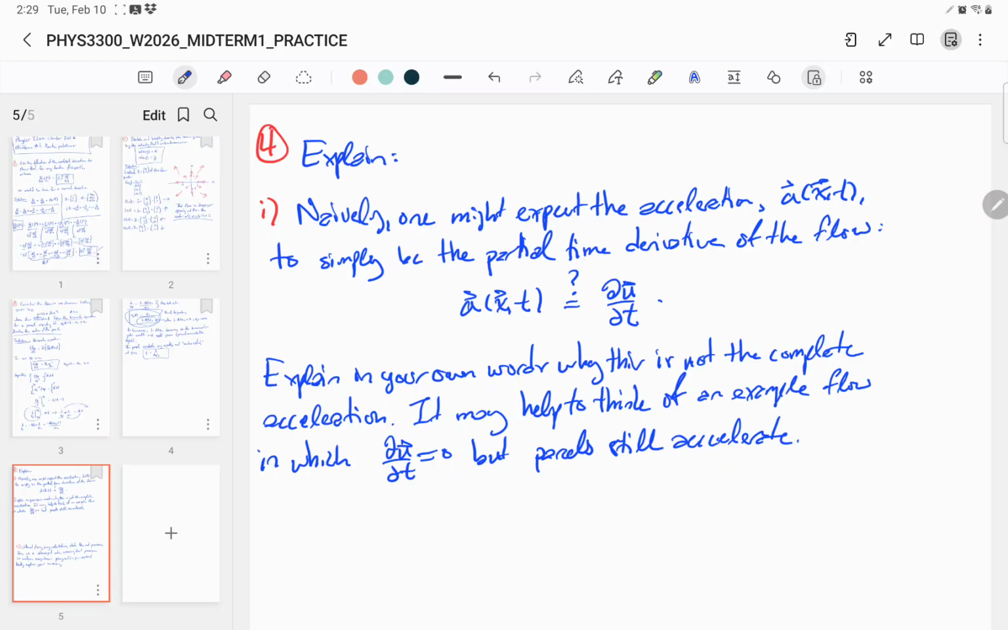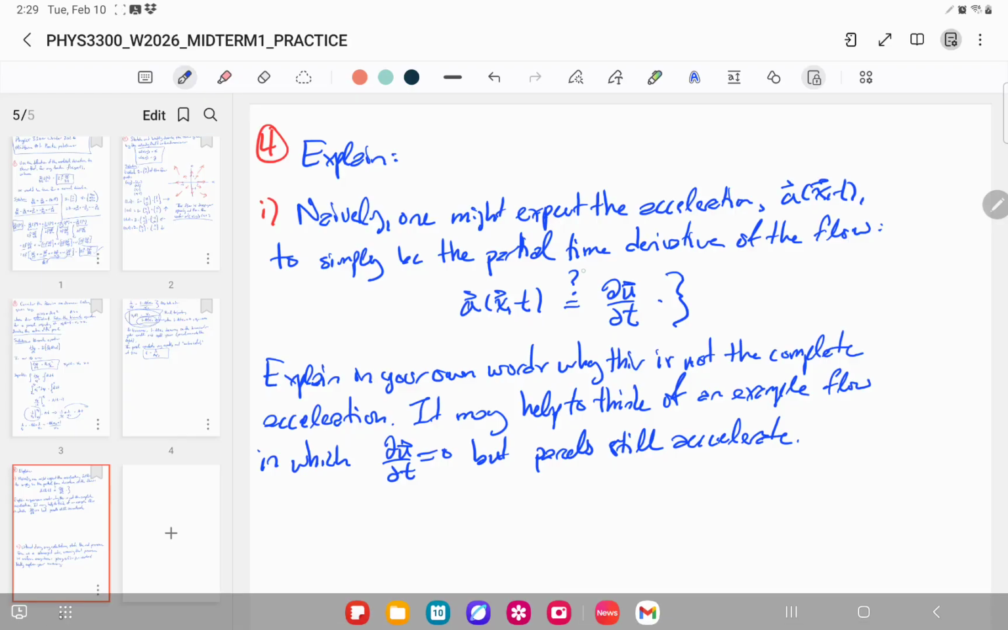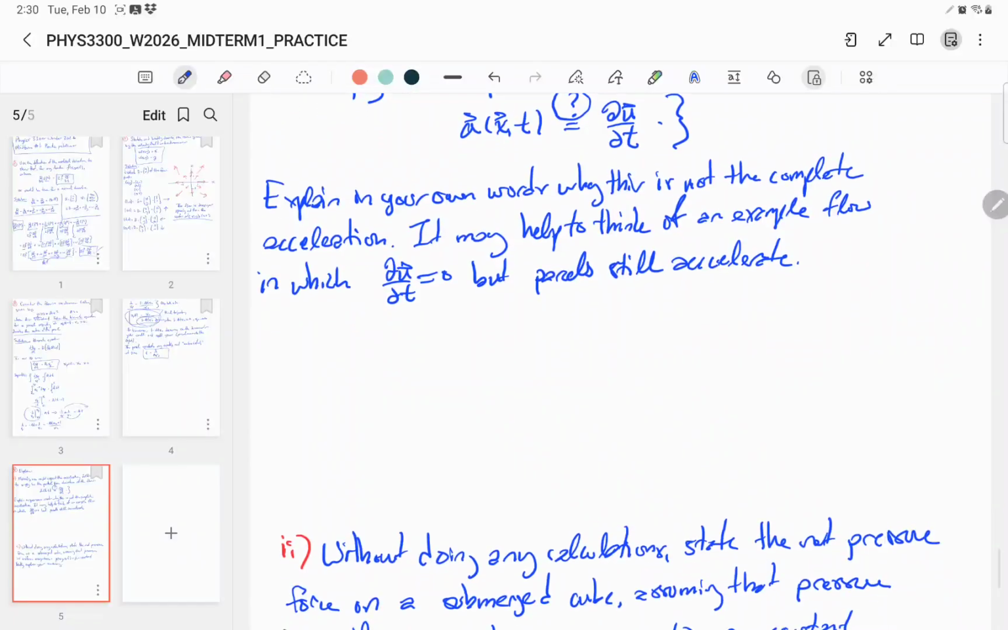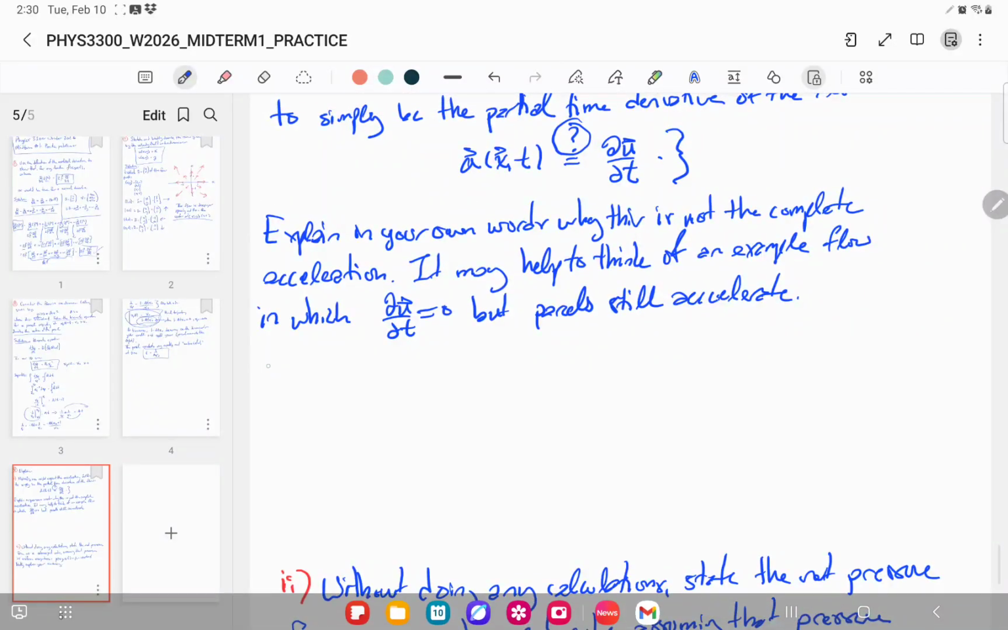So explain. Part one: naively, one might expect that the acceleration a could simply be the partial time derivative of the flow. So this is the proposed formula, which is not the formula we discussed in class. That's why I've written a question mark over the equal sign. Explain in your own words why this is not the complete acceleration. It may help to think of an example flow in which partial u partial t equals 0, but parcels still accelerate. So for our solution here,